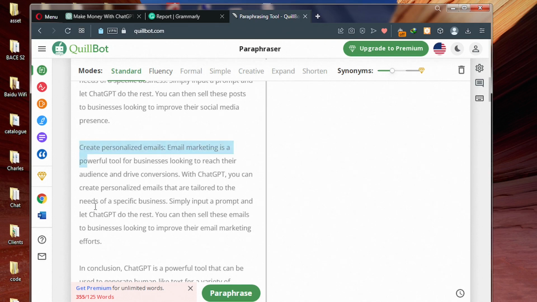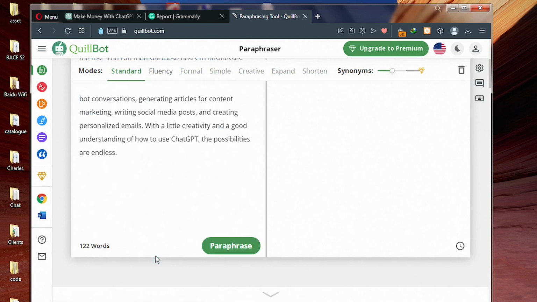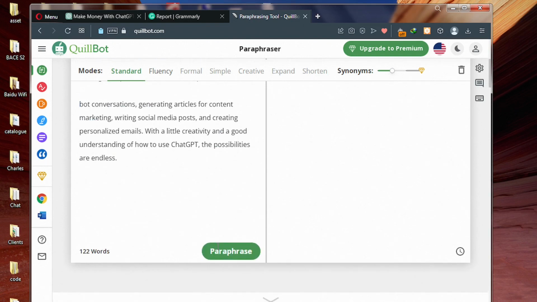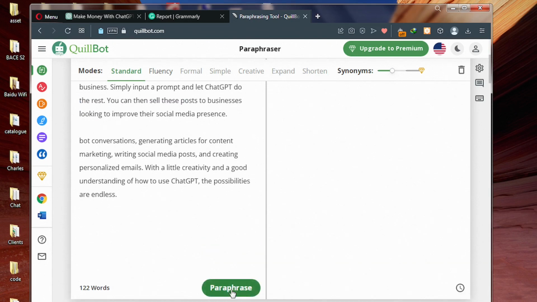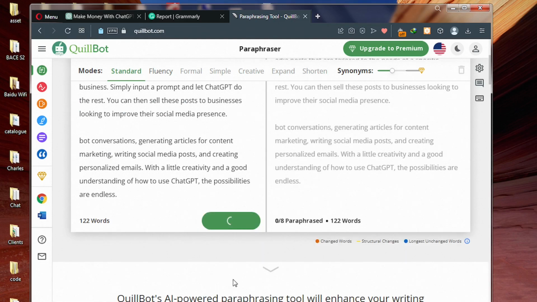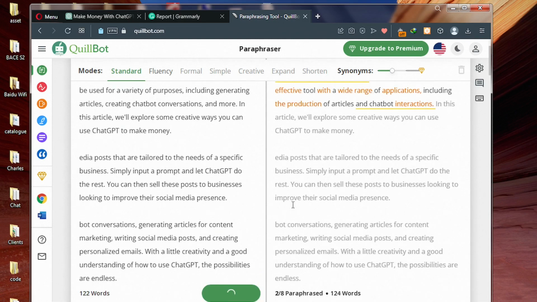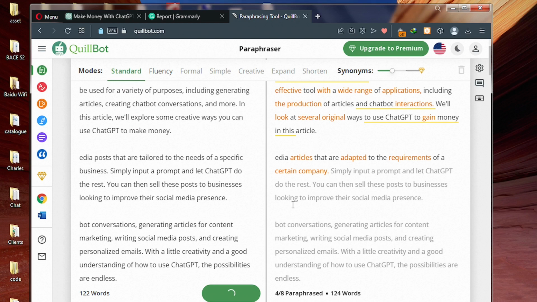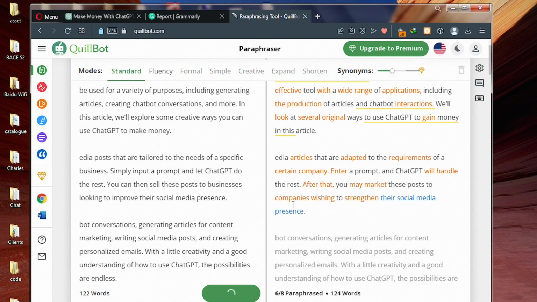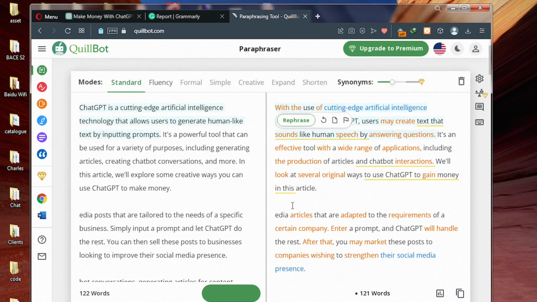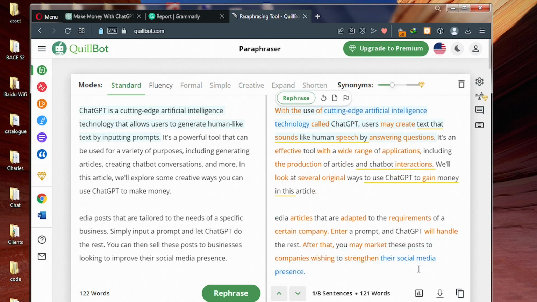So we need to reduce the text here like this, and then click on paraphrase. After that, click on copy.